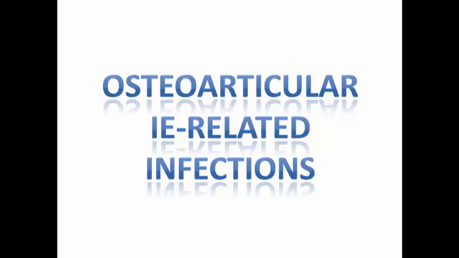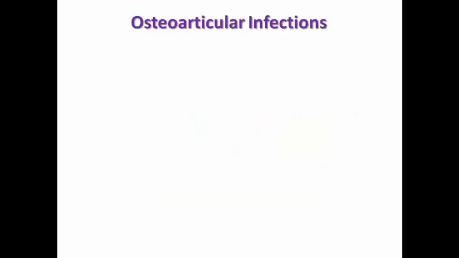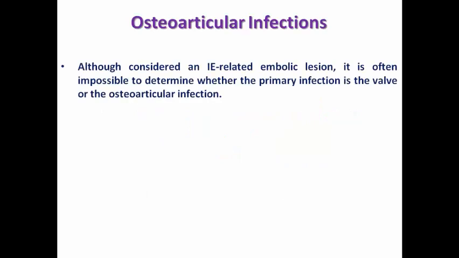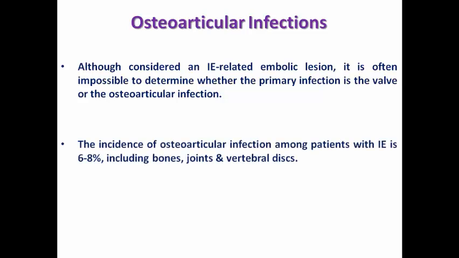Another complication that should not be omitted are the osteoarticular related infections. Sometimes we cannot decide where was the primary infection, whether an infective endocarditis at first resulting in emboli to the bone or to the vertebrae, or the primary infection was the osteoarticular one and then the bacteremia resulted in infection on the valve. Its incidence is nearly 6 to 8% in patients with infective endocarditis that may affect the